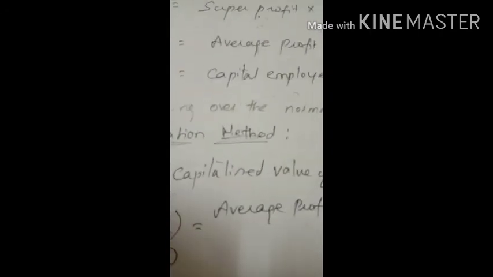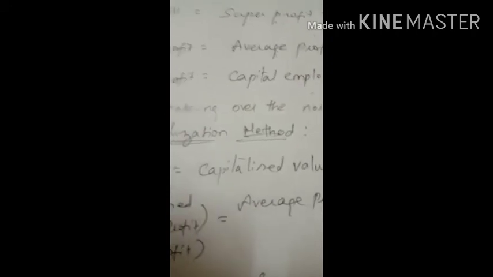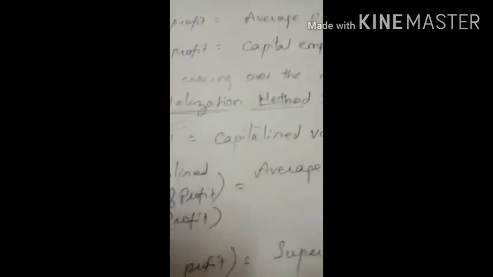So on the basis of average profit, when information is provided on average, we find average profit divided by normal rate of return. If it is based on super profit, we calculate super profit divided by normal rate of return. So whatever information is given, either we find by the average method or the super profit method. Based on this, the capitalized value of profit will be found. With that, net tangible asset. Once the capital is being used, we go with the assets, subtracting the net tangible asset that is available for the business.